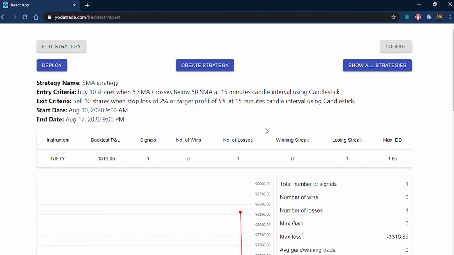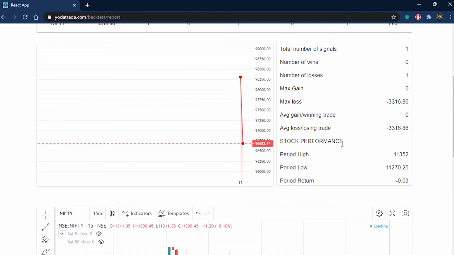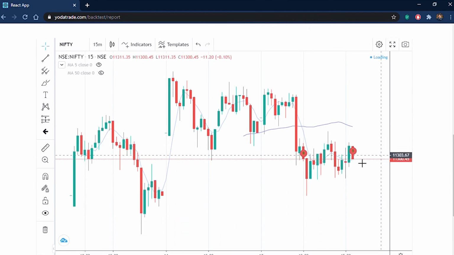Once the strategy is backtested, you get these results. You get the summary of your strategy here, and there are some parameters which you can see here, like the number of wins, losses, maximum gain, maximum loss, and average gain per winning trade and average loss per losing trade. This is a layout where you can get the summary of the results of your backtesting of the strategy, and you can also get the stock performance in the given period, that is period high, period low and period return, and you can observe the signals generated here in the graph. So you get the buy and sell signals here,